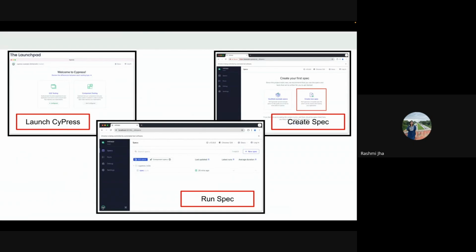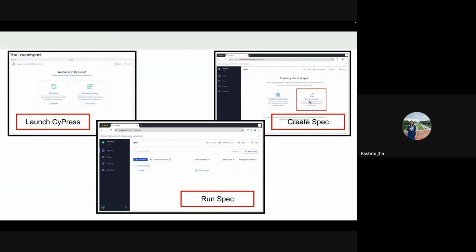After giving the command npx cypress open, which we saw in the previous slide, this launchpad appears, as you can see here. In this launchpad, we will be able to choose our testing type. So here we can click on E2E testing. After we click on E2E testing, in the next window, which is create your own spec, we can click on create new spec to create our own spec file.